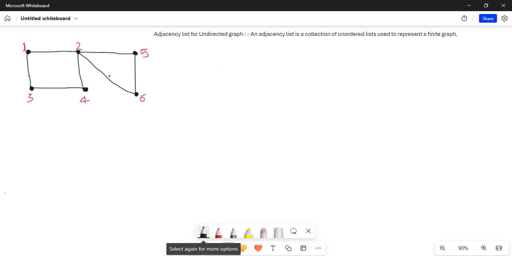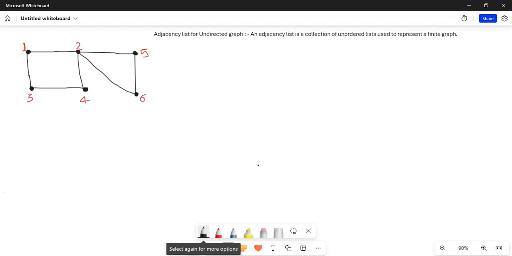Actually, in a tree we traverse from the root to its children, and from each child to their children. That means if you treat this undirected graph as a tree, we can traverse it easily. So adjacency list is used to travel all the nodes of the graph. It helps to store the nodes and gives access to traverse through all nodes using DFS and BFS, which will be discussed in the next video.